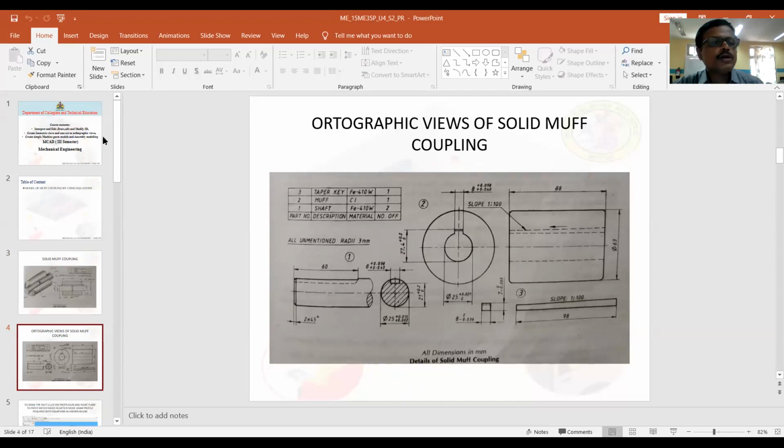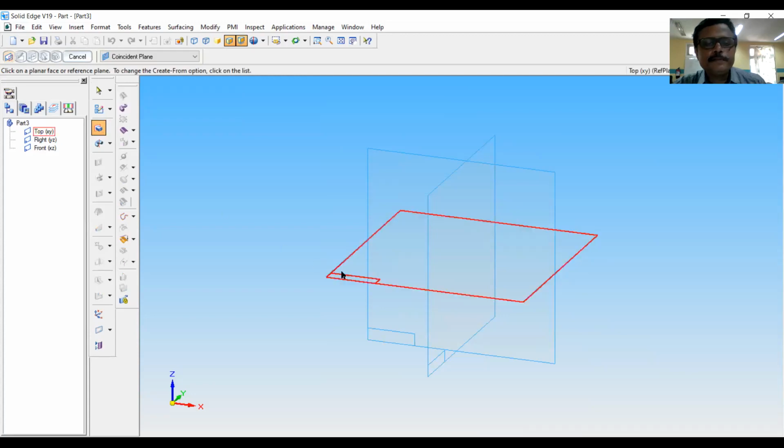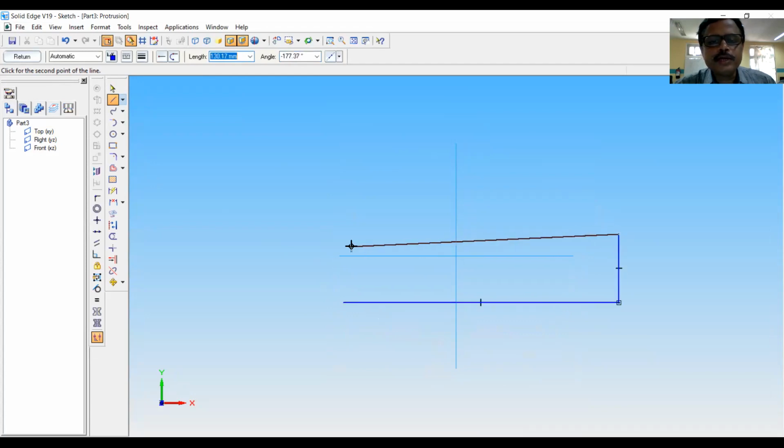So we'll go to solid edge protrusion, click on top plane. Simply draw it like this. Now we can fix up the dimensions.